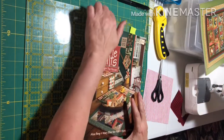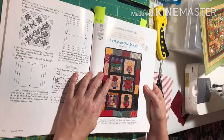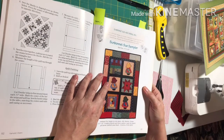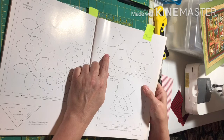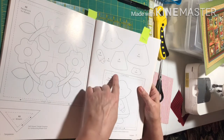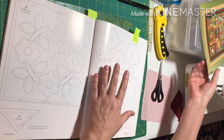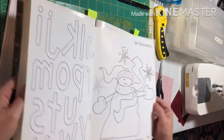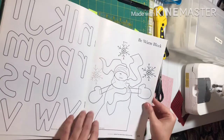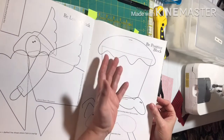So the first thing I did, I've been wanting to make this. Now this book is from 1993, so I've been wanting to make this little mini quilt for a long time. And it gives you the little pieces. Unfortunately, I didn't read that it was turned for applique. Usually the pictures are reversed, and this book lets me know that the pictures are reversed, because